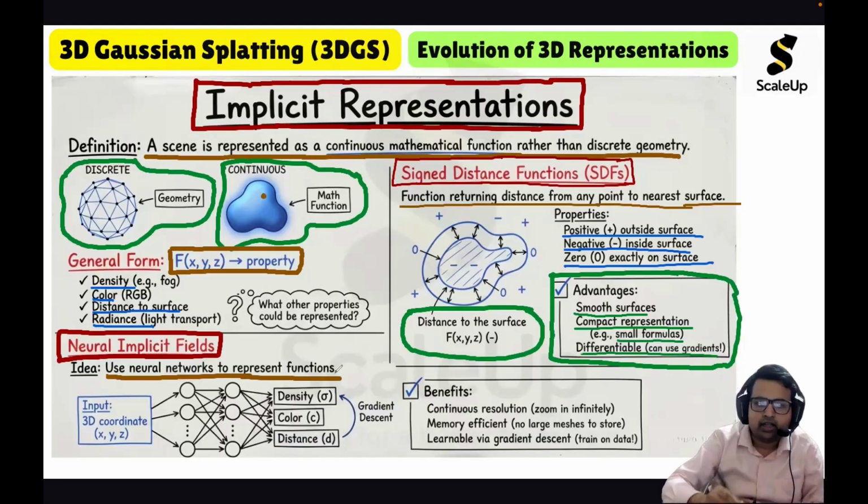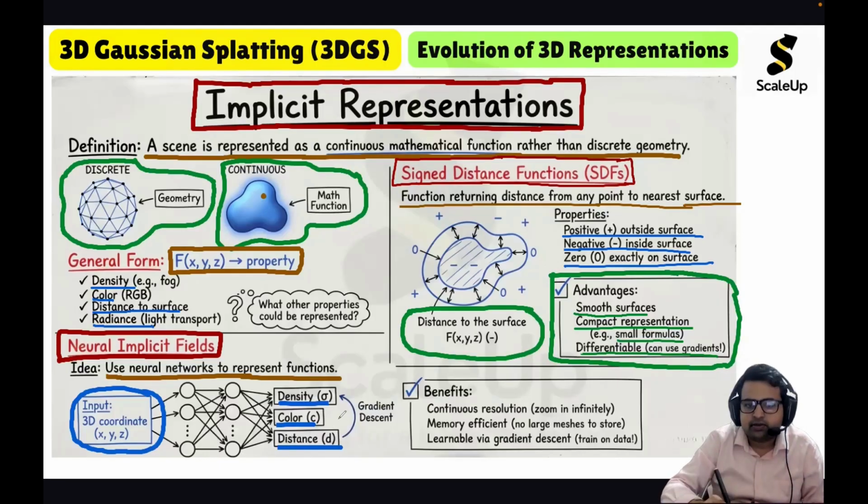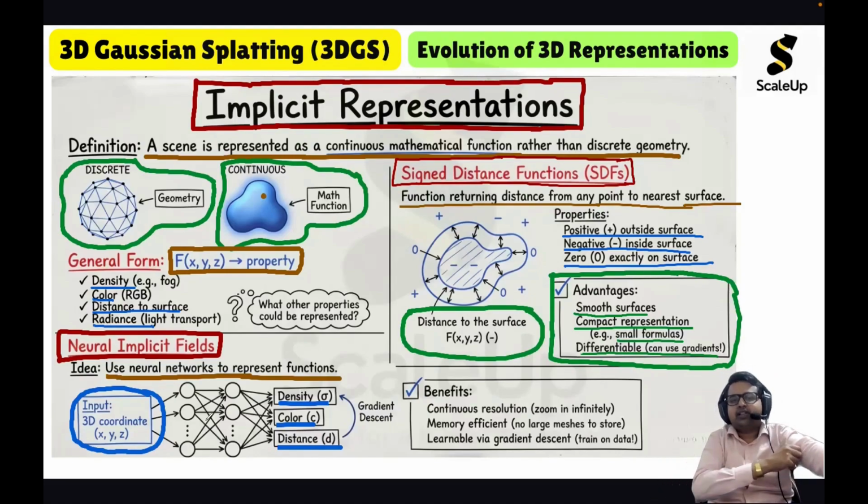coordinates, the 3D coordinate xyz, as the input to the neural network itself, and the neural network will output, for that coordinate, for that point, the density, the color, the distance, and also the radiance. So the properties for that coordinate it will output. So the neural network will output. And how it works is that, and this is actually more feasible because the idea is that now